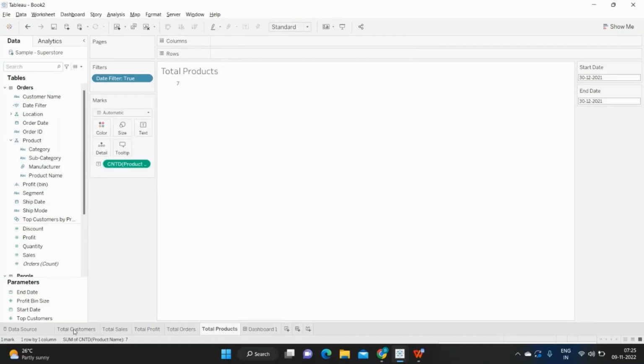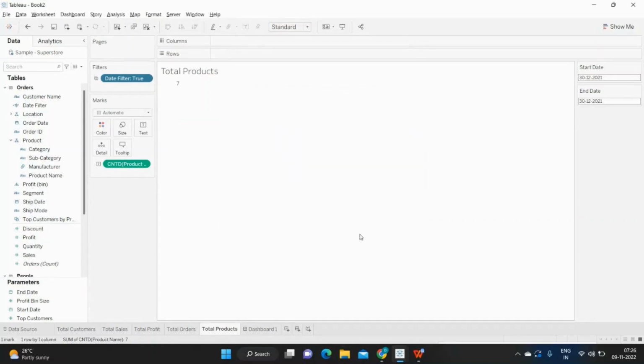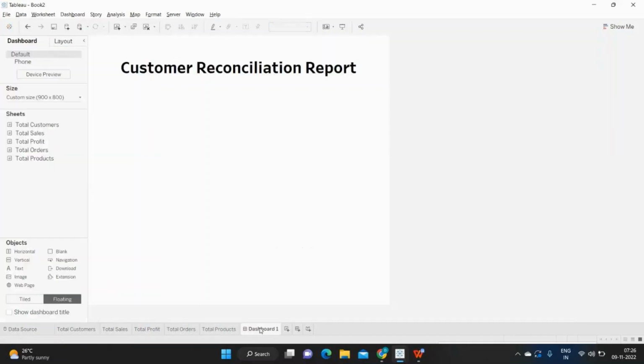So total customers, 1, 2, 3, 4, 5. I think we need to apply it to all sheets. So I'm selecting the selected worksheets only for now. I'm just selecting all the sheets. Okay, click on OK. Then we have created this. Now I'm going back to my dashboard. Okay, now once I add this,